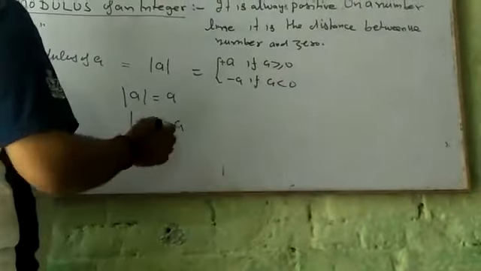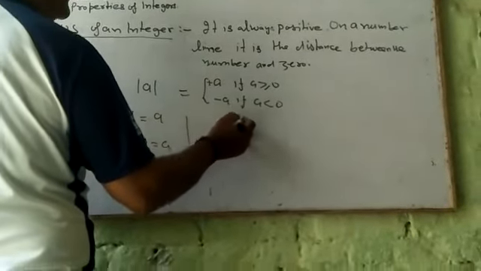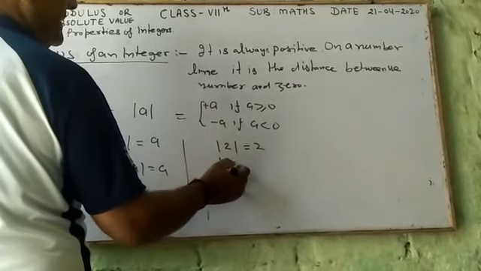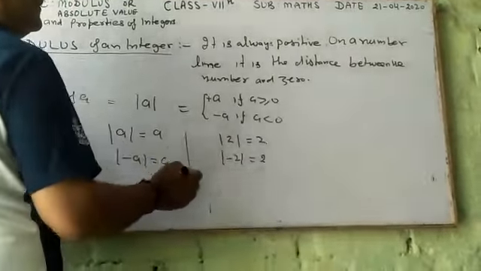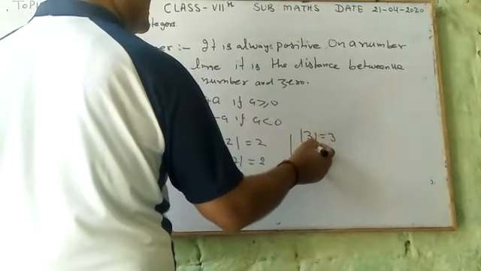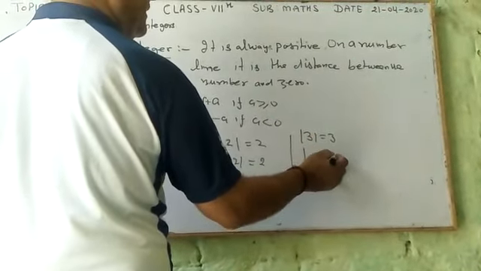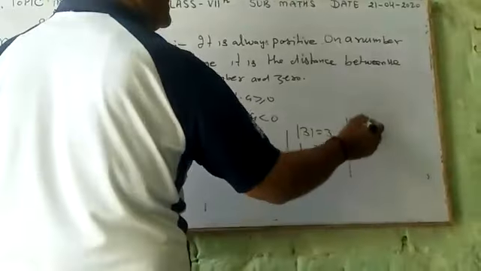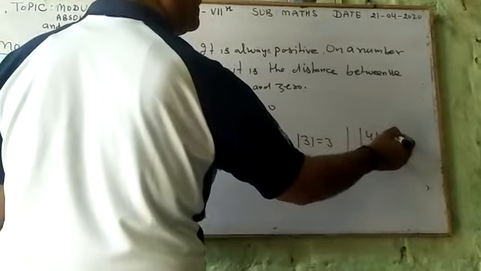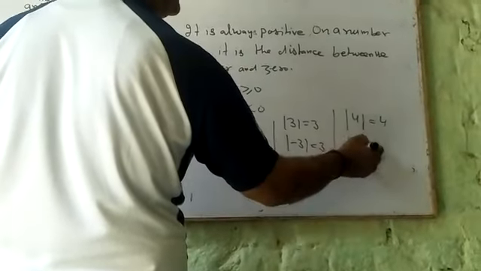We are given some examples. We find out the modulus of 2, that is 2, and modulus of minus 2 is also equal to 2. Another example, modulus of 3 is 3, and modulus of minus 3 is also equal to 3. Another example, modulus of 4 is equal to 4, and modulus of minus 4 is also equal